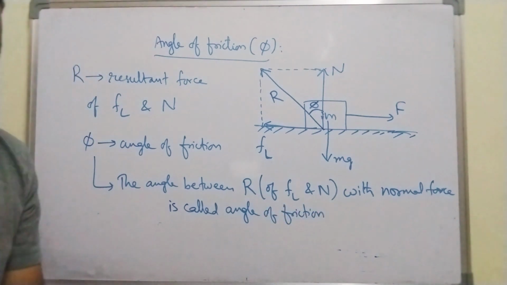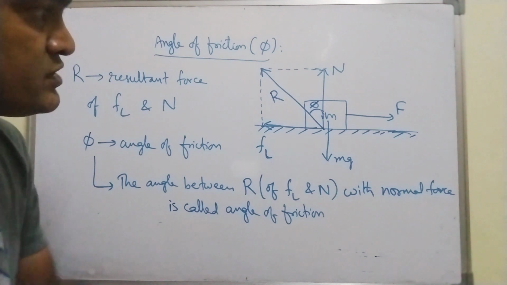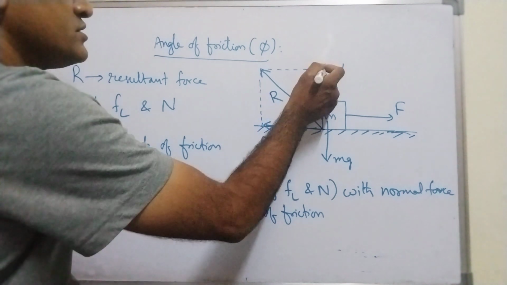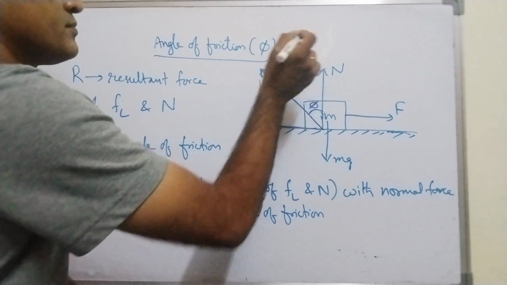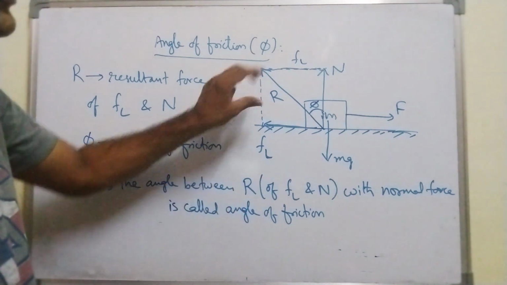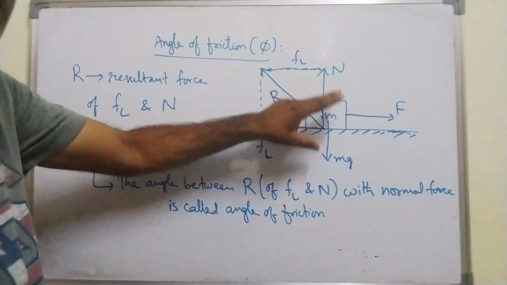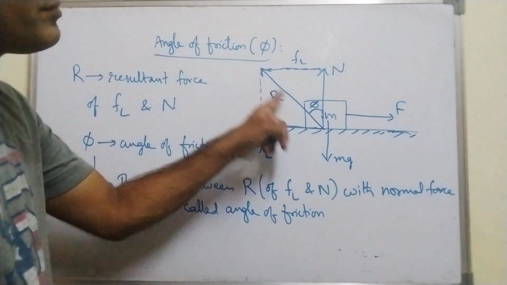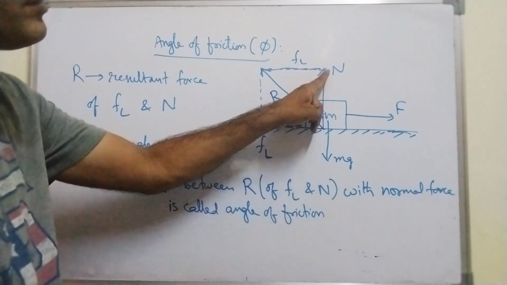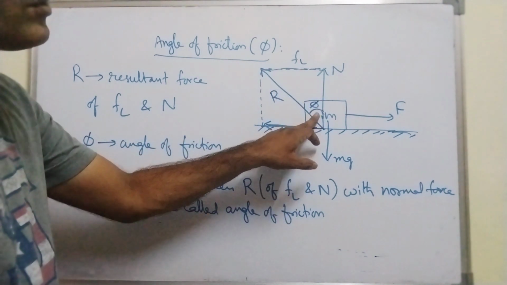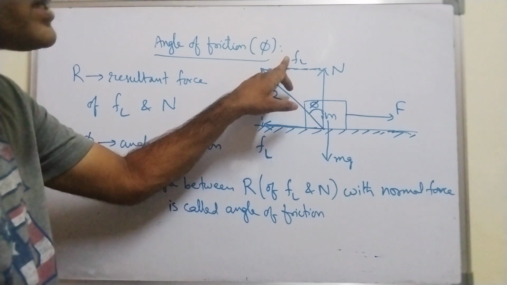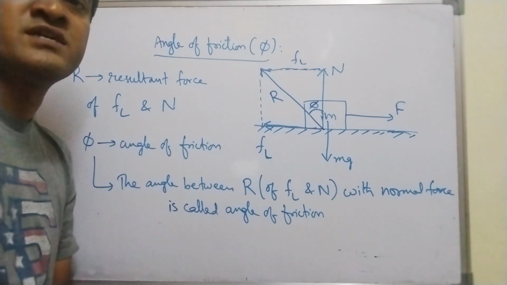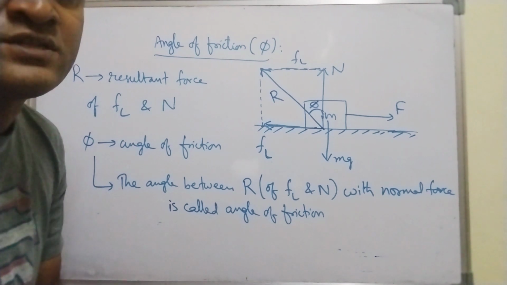Important. Now from this right angle triangle, if this is FL, this is also equal to FL because these two are parallel lines. In a rectangle, opposite sides are the same. Now from this right angle triangle, to angle phi, this is the opposite side. To this angle phi, this is the adjacent side. Once I know opposite side and adjacent side, you can calculate the value of phi.